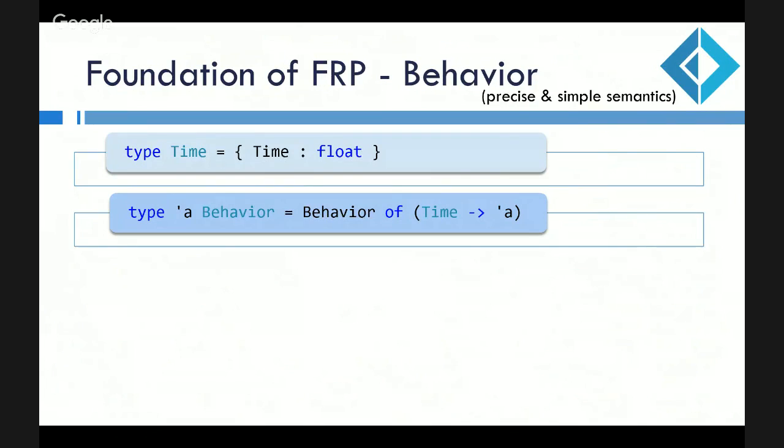Behavior. So this is probably the central type in functional reactive programming, which sometimes is called signal in modern implementations like Elm, and is represented